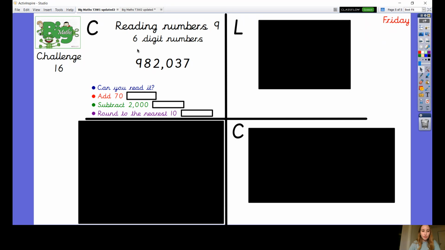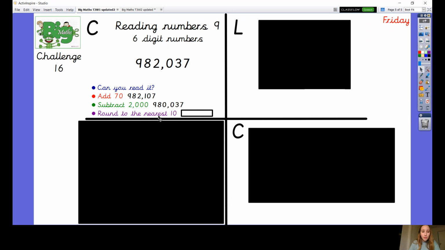Okay, so if I'm adding 70 to my number, I'm looking at the tens column. I've already got 3 tens. So if I'm adding 7 more tens, that's going to make 10 tens, which I know is the same as 100. So instead of putting a 10 in my tens column, I'm going to put 100 and 0 tens. So my number will be 982,107. If I'm subtracting 2,000, I'm looking in the thousands column. I've only got 2 thousands there, so I'll be left with 0 thousands. So my answer is